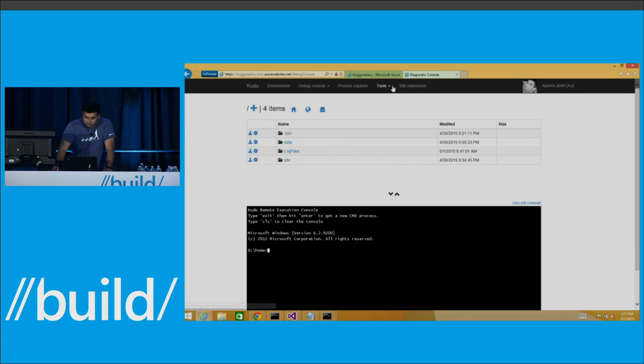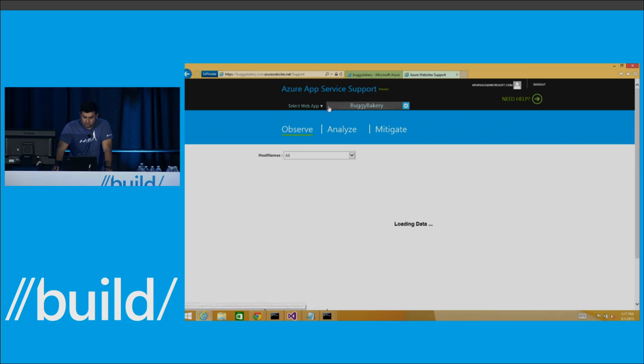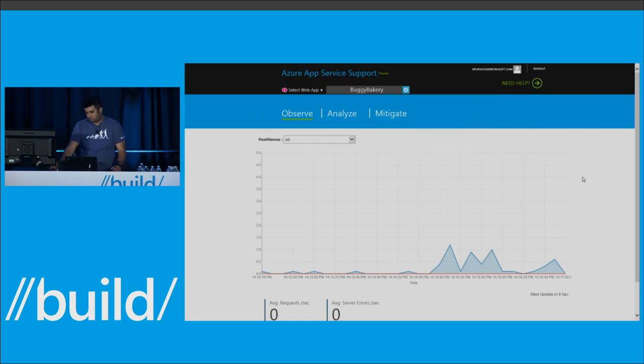From the Kudu portal, if you click on tools, and then click on support, it will do a redirect with a single sign-on for your site. It should come up to the support portal that we have, where it will list all the sites that you have under the account you logged in as, right? All the subscriptions, all the sites, etc. And the first thing that you see right off the bat here is Observe. So what is Observe? Observe is basically